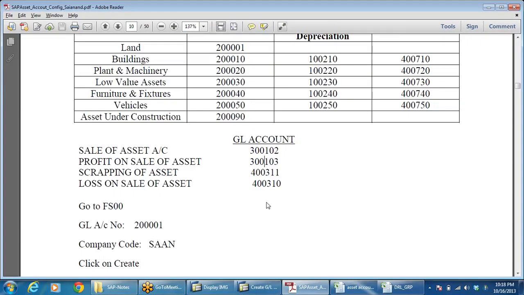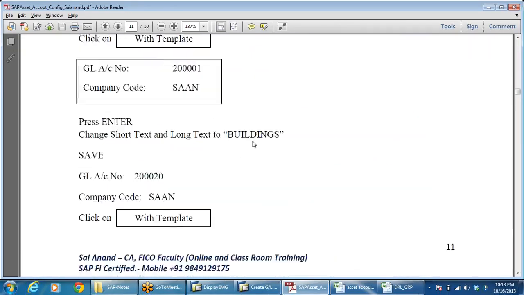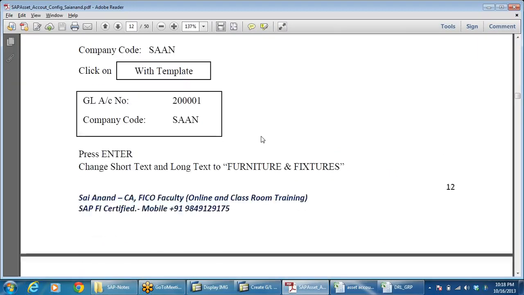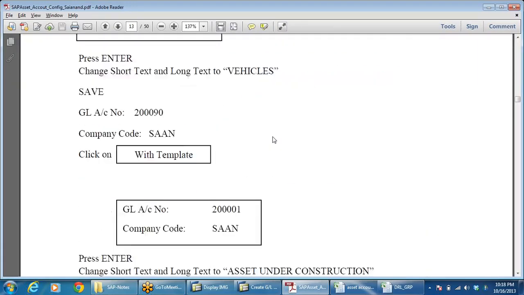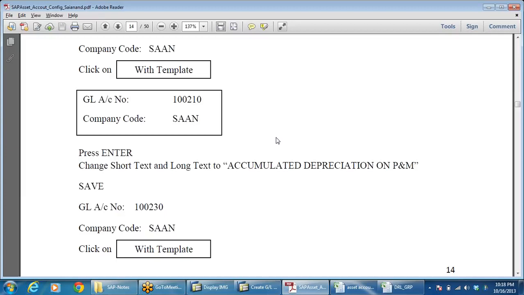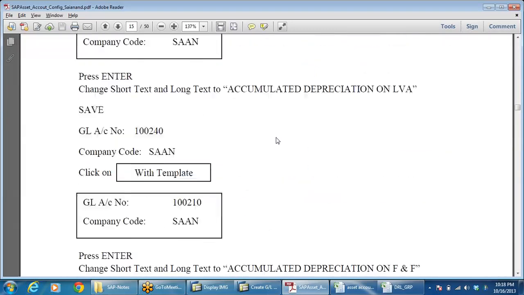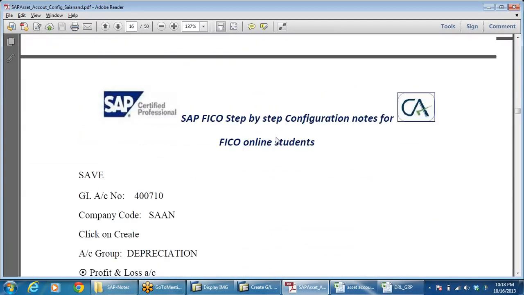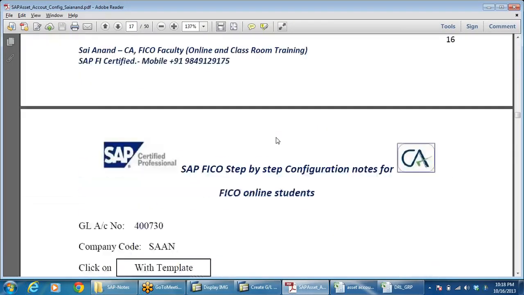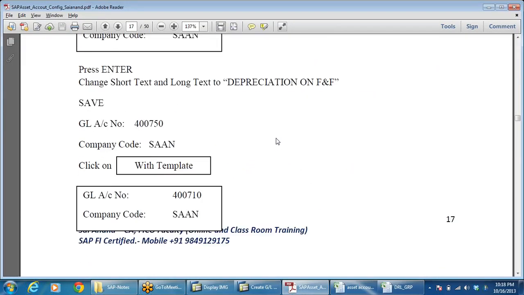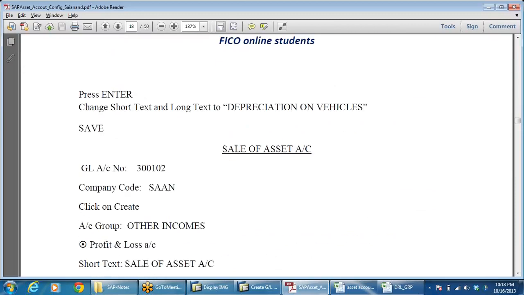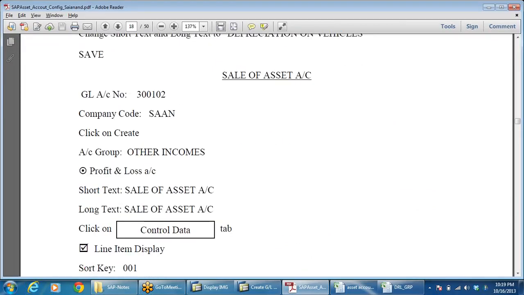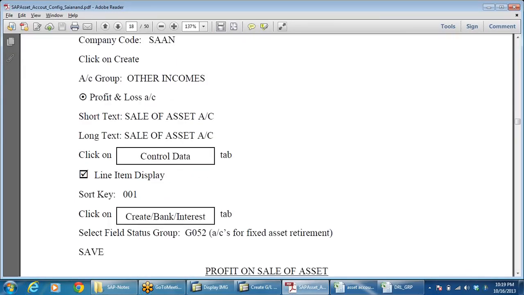Here while creating the GL account, sale of asset account, the parameters also you need to remember. Okay, here I have created with 300102, profit and loss account, line item display,